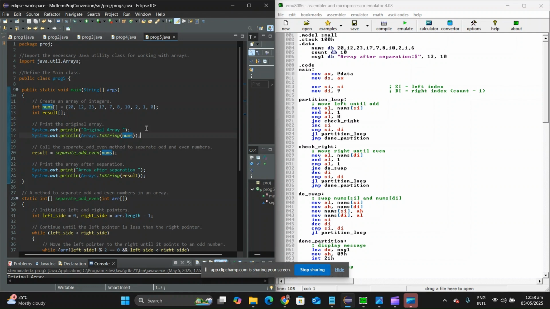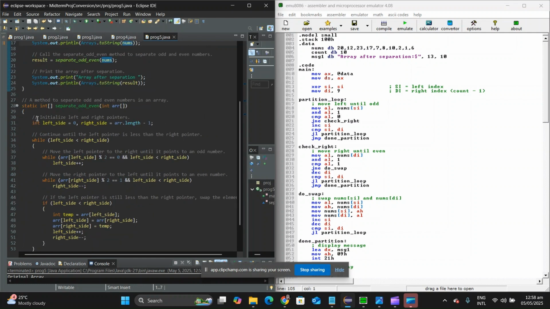of array contents. After that, we call a static method separateOddEven, with nums passed inside to it. The method rearranges even numbers to the left and odd to the right. Here we will go into the static method. In the method separateOddEven, we initialize two pointers, where the first pointer is the left side that starts at the beginning